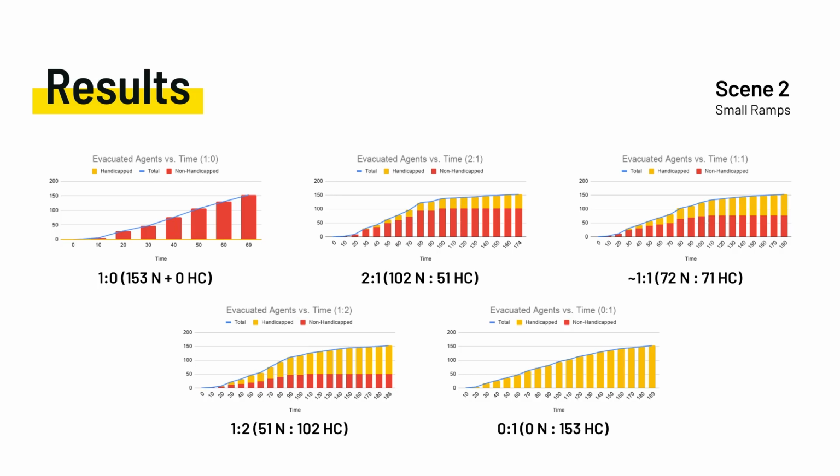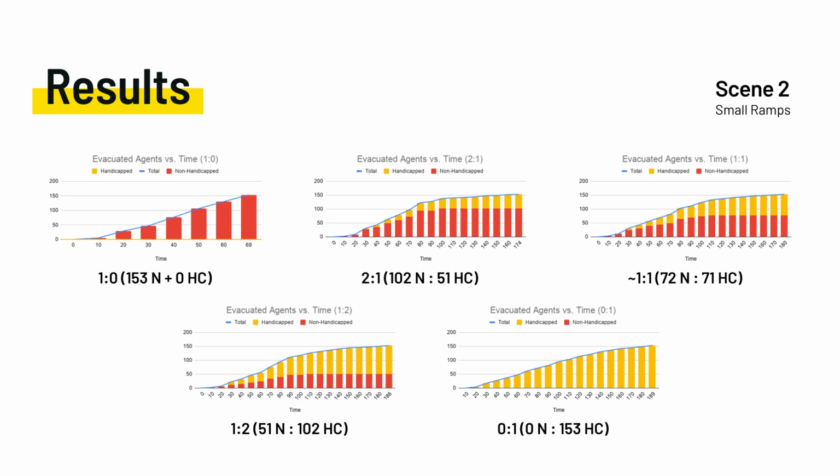All right, so here we have the results regarding the number of agents evacuated versus the time. We decided to display everything in bar graphs, and everything here is small ramps from scene 2. The reason we used a bar graph is because it accurately represents the number of agents evacuated versus the time, along with more accurate analysis of our data. So the first graph I will talk about is